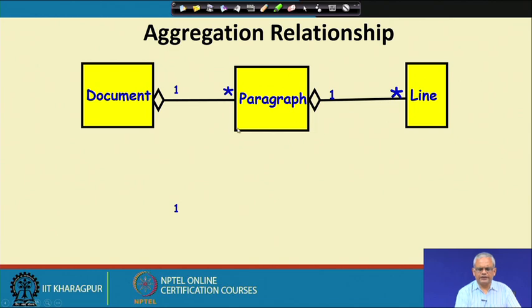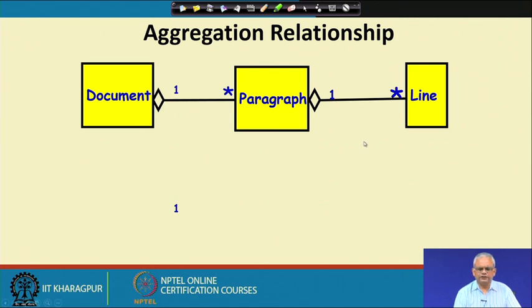This is an example of an aggregate relationship. The document consists of many paragraphs. So, the document class creates the paragraphs, and a paragraph is the aggregate of many lines. The paragraph creates the lines,